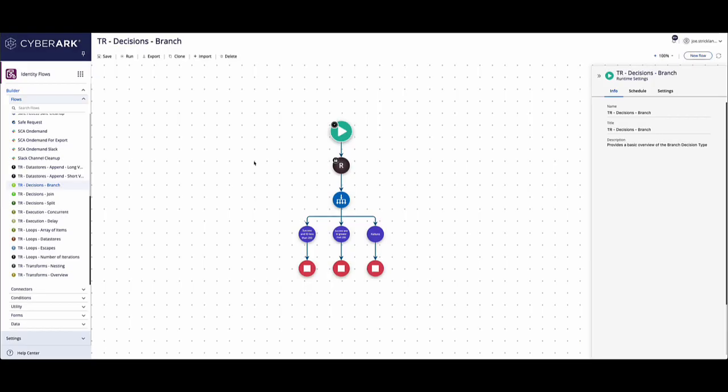Welcome back for the last video on the different types of decisions or branches that you can take within CyberArk Identity Flows. So this video is going to cover what I consider the most powerful, or probably the most capable, type of decision, which is the branch. The biggest difference here is the branch can have multiple outputs while the split can only lead you to two